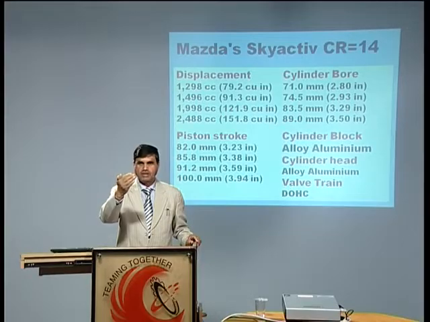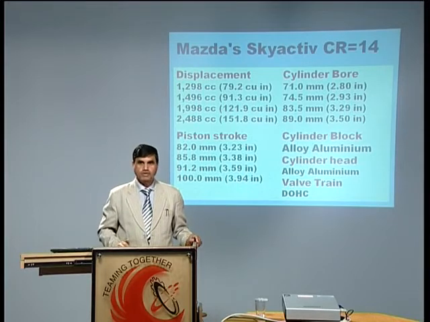And this 2500 or 2000 cc which I am showing you is not the one cylinder swept volume. It is all 4 cylinders or 6 cylinders which are being used. If I am adding all swept volumes of all the cylinders, then it becomes 2500 or 1300. The diameter of the piston is, in one case 82 mm, another case 85.8, third case 91.2, fourth case